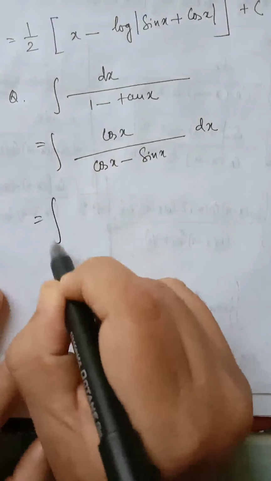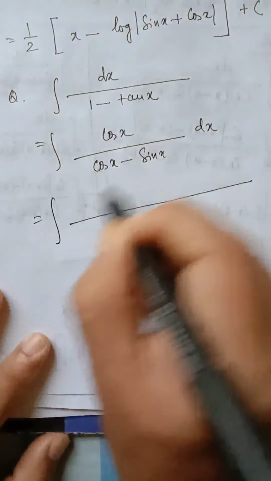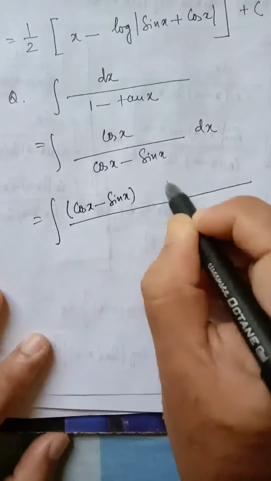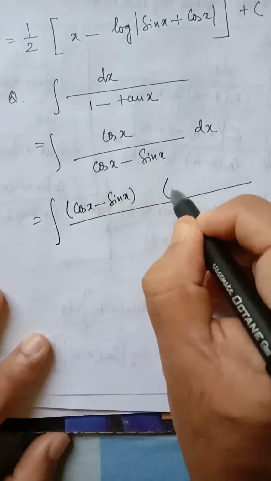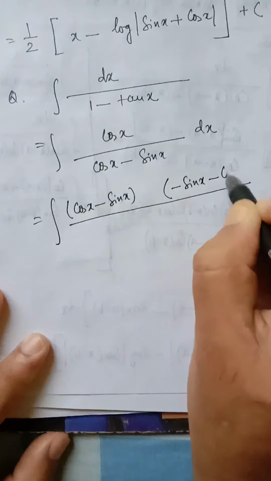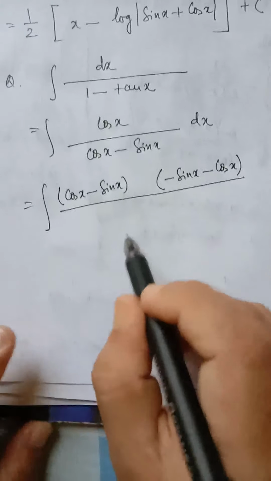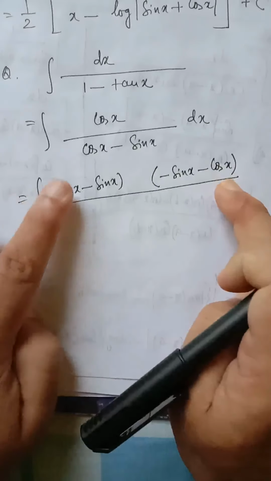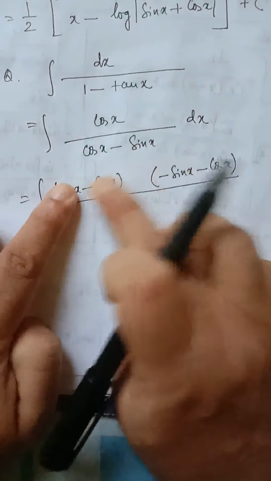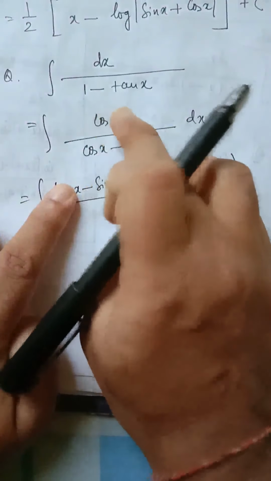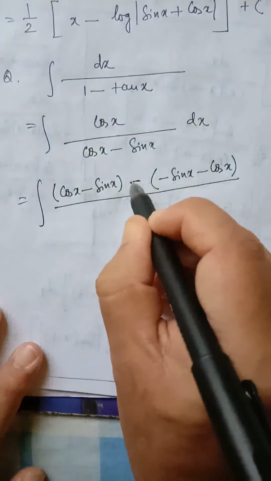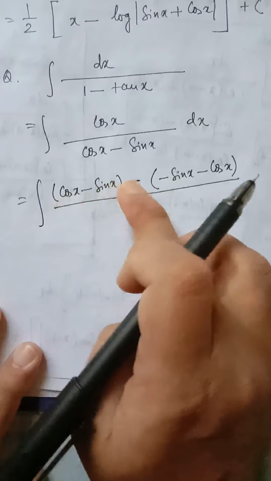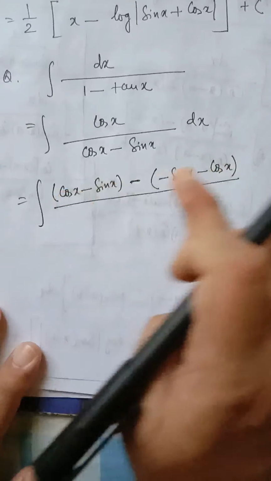In the next step, first we will write the denominator here, which is cos x minus sin x, and next we will write derivative of denominator, which is minus sin x minus cos x. Okay, now we have to adjust. If we write plus sign here, in that case cos x and cos x will get cancelled, we will get minus 2 sin x, but our numerator is in terms of cos x. So we will put a minus sign here. Now you can see minus sin x plus sin x will get cancelled, cos x plus cos x. So ultimately numerator is now 2 cos x.